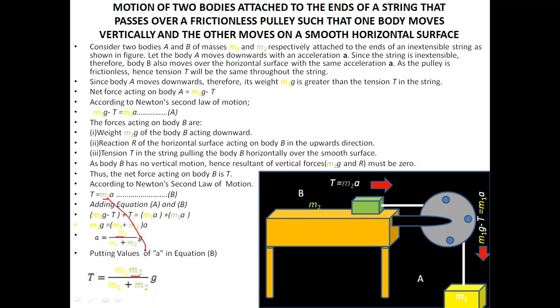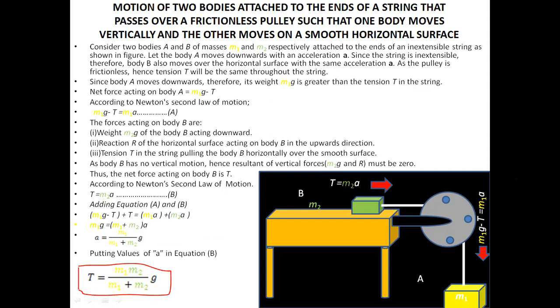We put the m2 over here because it is multiplying. So this equation, T is equal to m1m2 divided by (m1 plus m2) into g, is the tension of